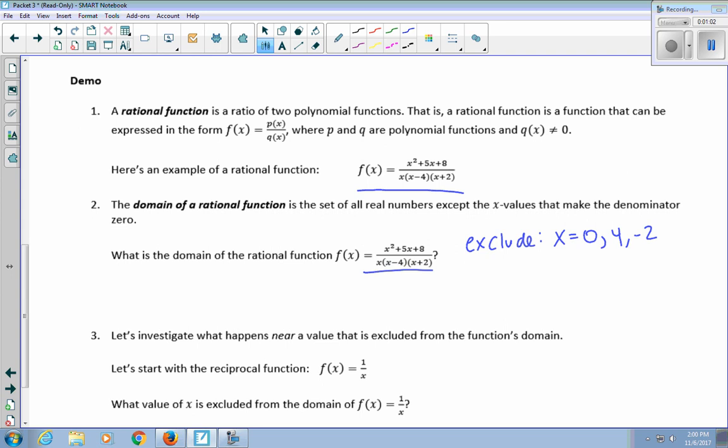So I could write that in set builder notation, set of all x's such that x is not 0, 4, or -2. Or I could write it in interval notation